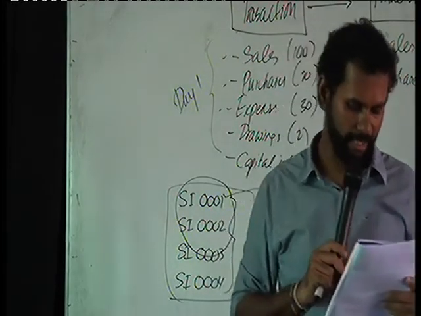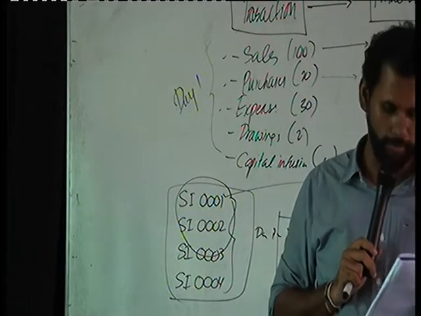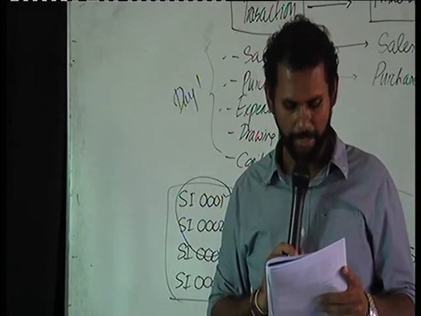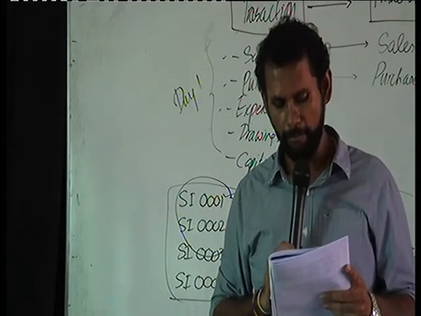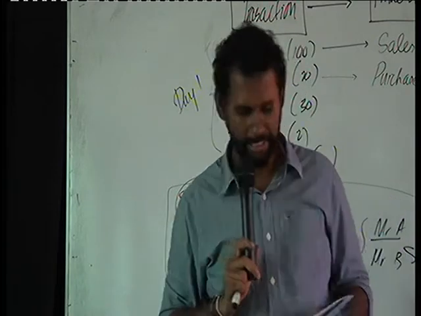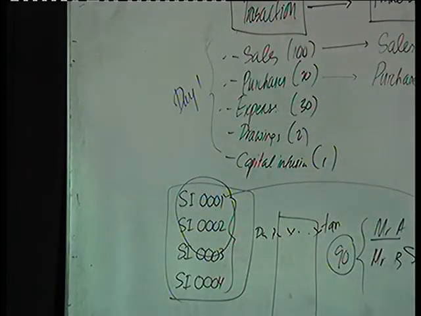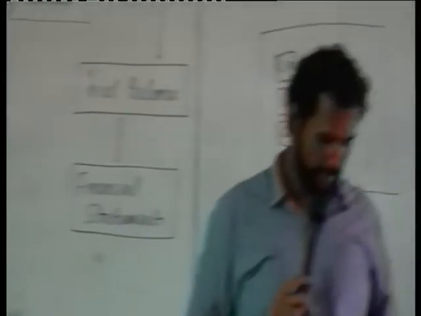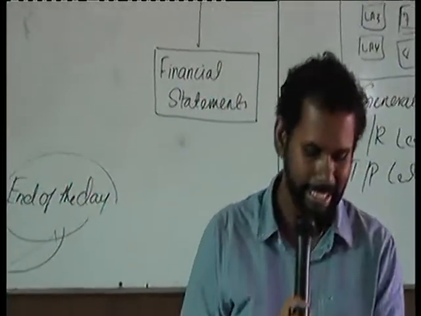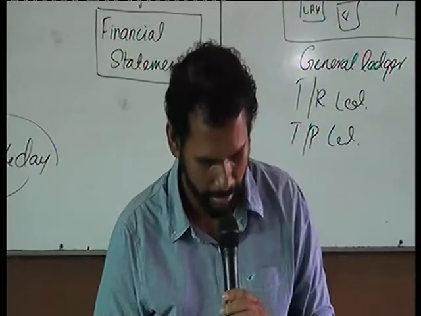So first we have the transaction, that is the type of the transaction. Then we have the source document that is relevant. Then we have the prime entry book, that is the preliminary book or prime entry book. Then we have the ledger account related to those transactions. Right? So first we look at the type of the transaction. First type is cash receipt. Receipt of cash.